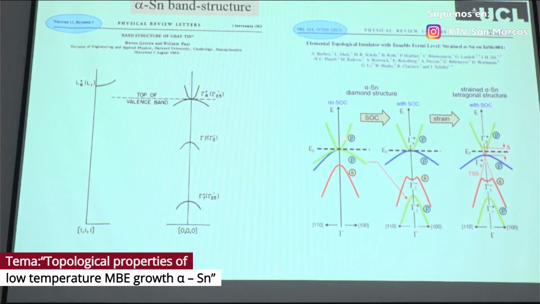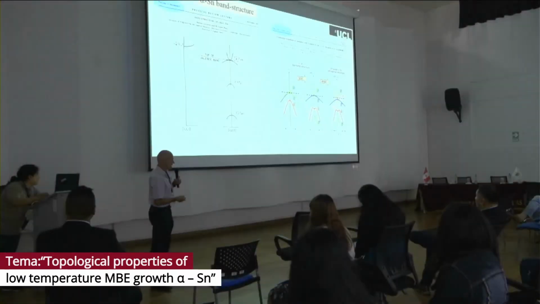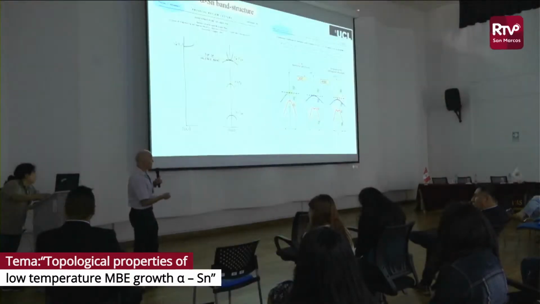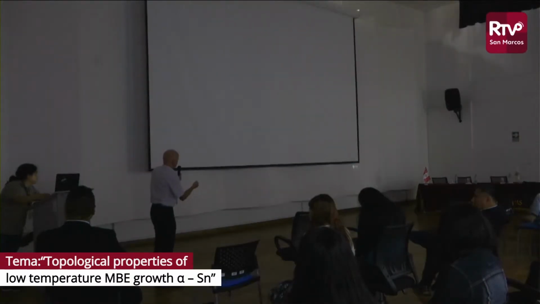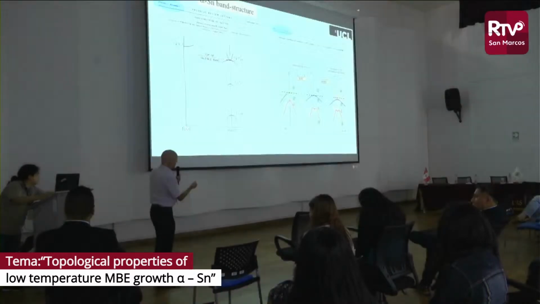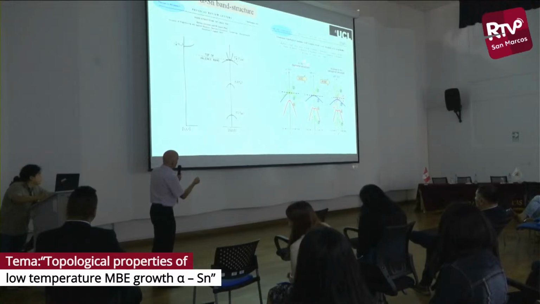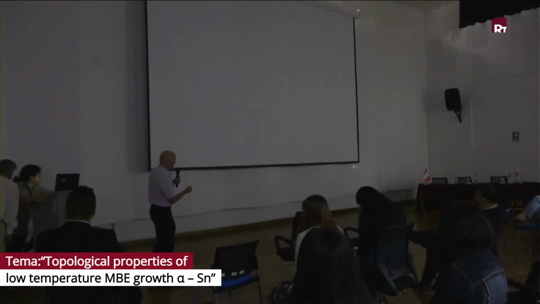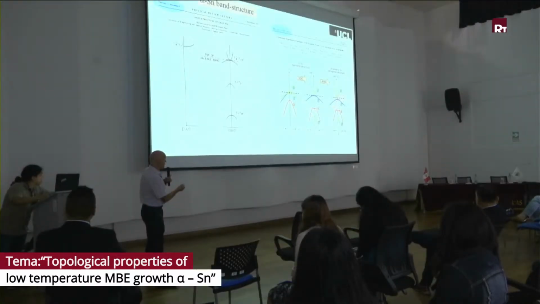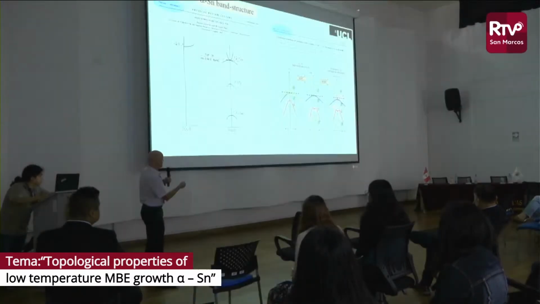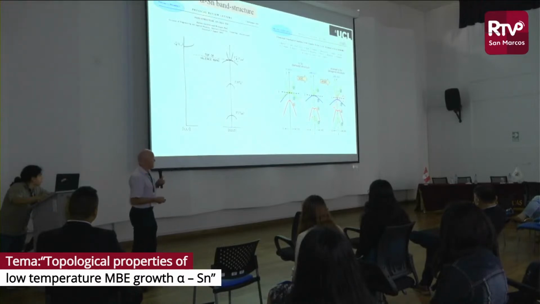Now, if we look at the band structure here, it's an inverted band structure. So the states that make up nominally the conduction band are p-like, have p-symmetry. The p-symmetry is six-fold degenerate here. The electron bands are pushed further down in energy. As I say, it's a diamond structure. When we have spin-orbit coupling, the spin-orbit coupling effect splits the bands. EF is the chemical potential. That's important because it means that